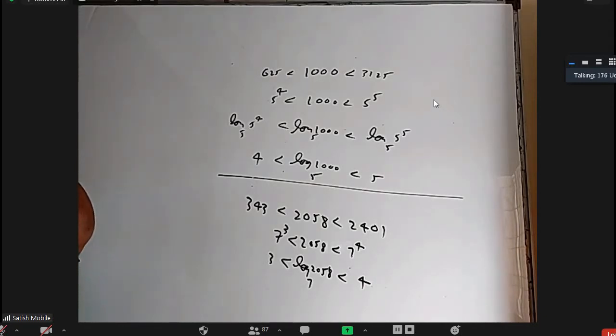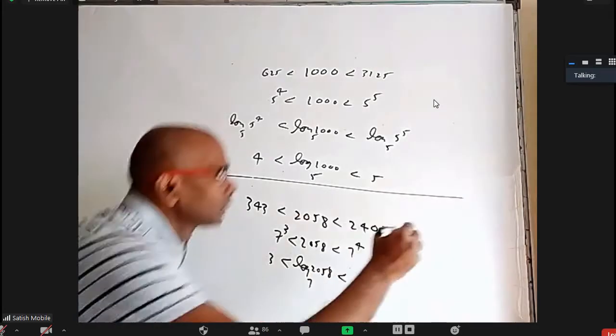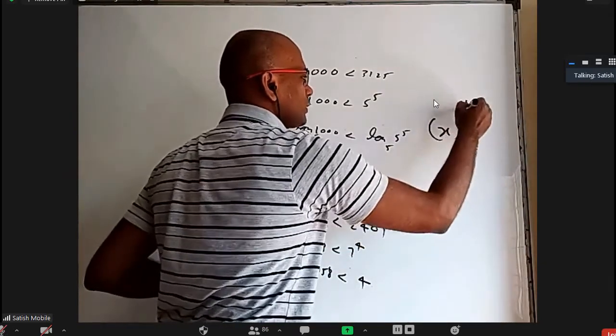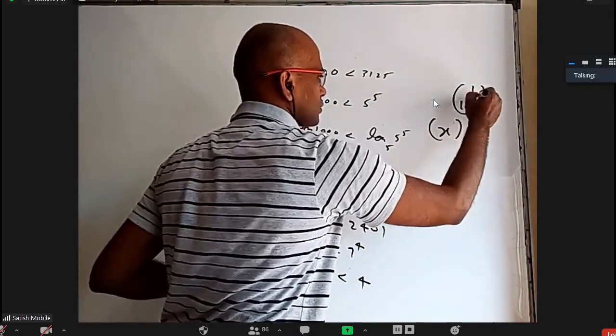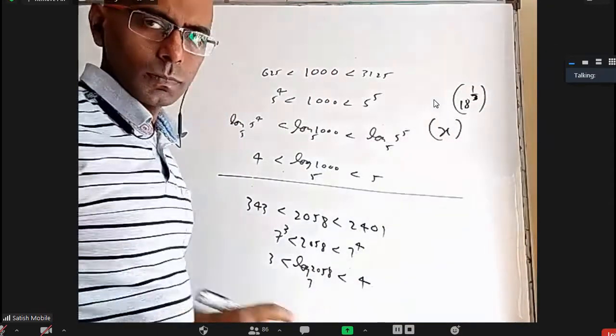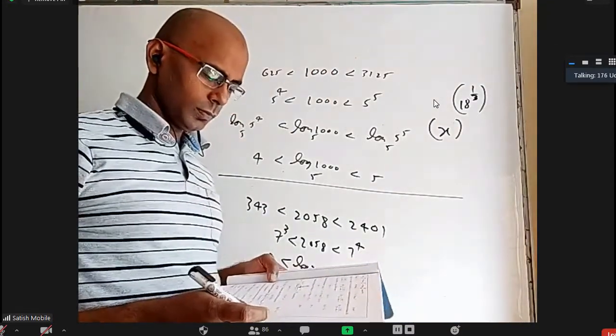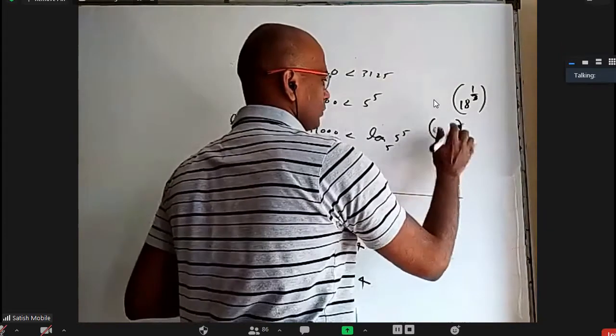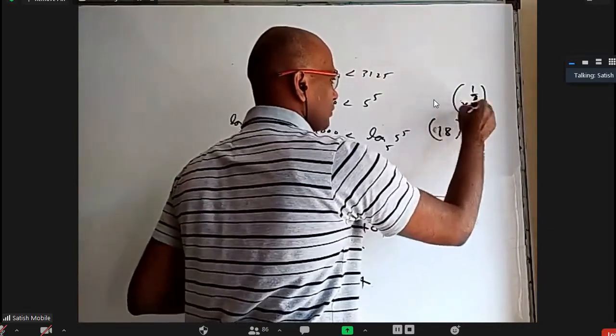Sir, 16th I'm getting one answer by one method, and by doing it in another method, I'm getting another answer. What is that method? What you are not getting, you tell me that method. Sir, I applied the logarithm definition 2 times. Okay, first time we'll get x power 1 by 3 on the RHS. Next time we will get 18 power x power 1 by 3, like this. Right?